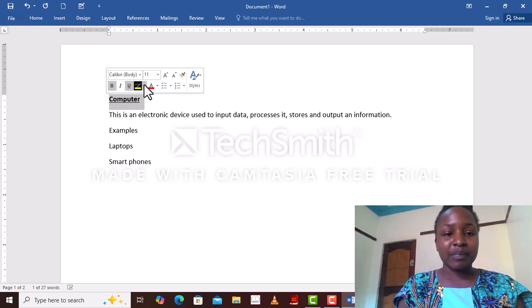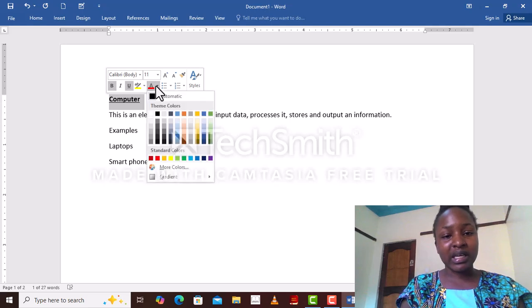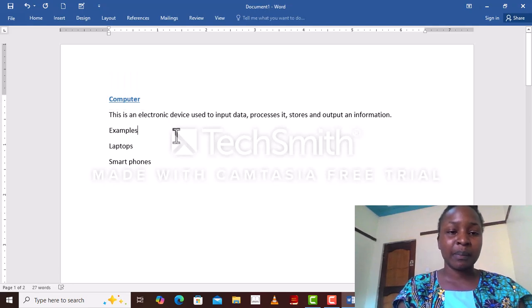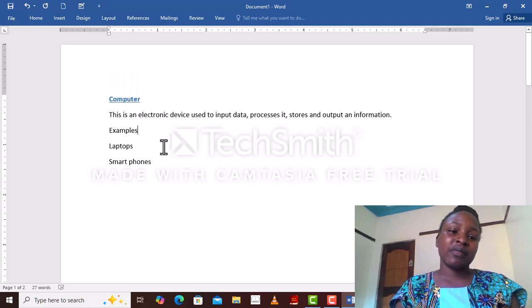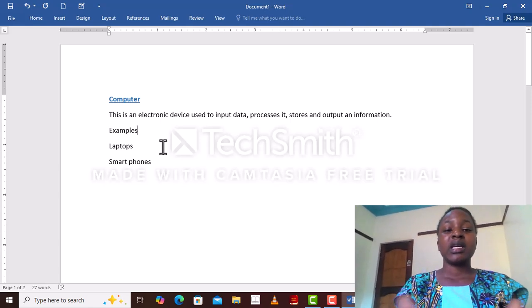Then if you want to give it another color, a font color, you tap on that, and you see it displayed here. So you choose the color you want. For instance, I've chosen that. Now you can see, if that is how you want your heading to look, it will definitely be